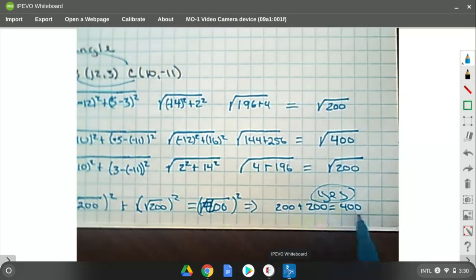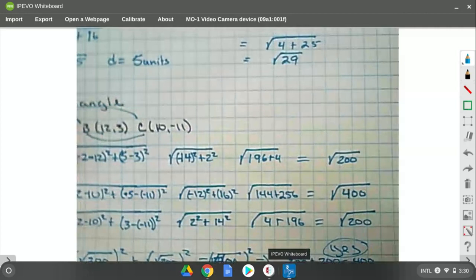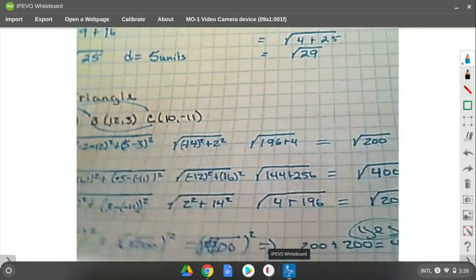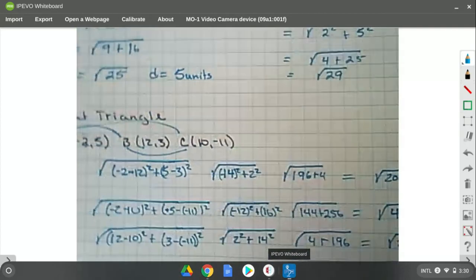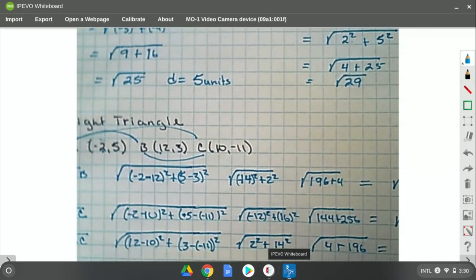Okay? If you get a no, if it doesn't add up, if these two legs do not add up to that hypotenuse, then that's fine. That's not a wrong answer. It just means that your answer is no. It's not a right triangle. Okay? That was your problem